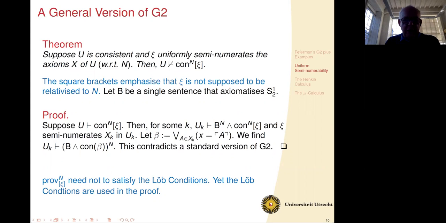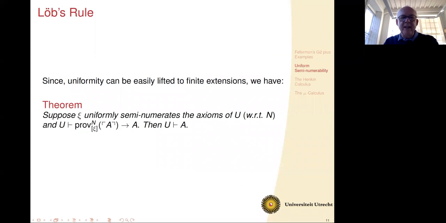The example that I showed you shows that the Xi provability need not satisfy the Löb conditions. Still, the Löb conditions are used in the proof. So we do not have the Löb conditions for the provability predicate, but of course, in using the standard version, we use the Löb conditions or any other proof of the second incompleteness theorem that uses something like the Löb conditions or something equivalent to it. Okay, so this was the point where I was, and more or less as an afterthought,